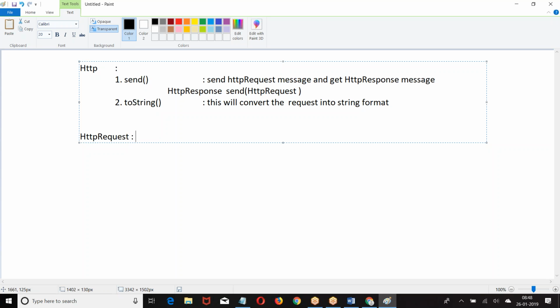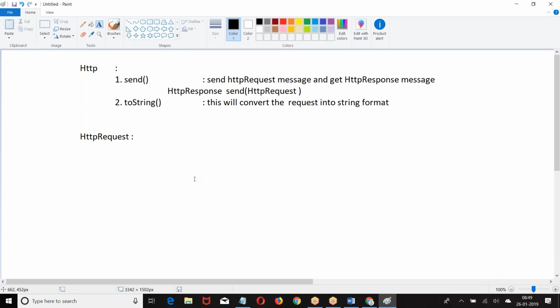It is one of the predefined Apex classes which is used to create a request object.